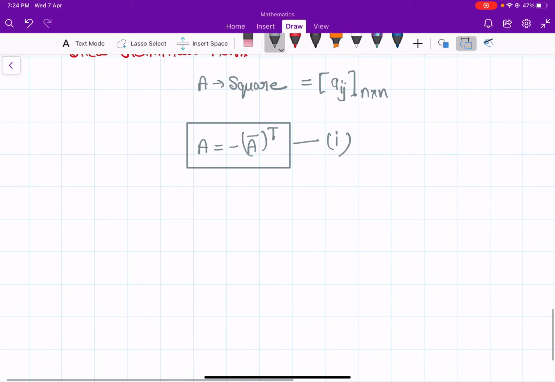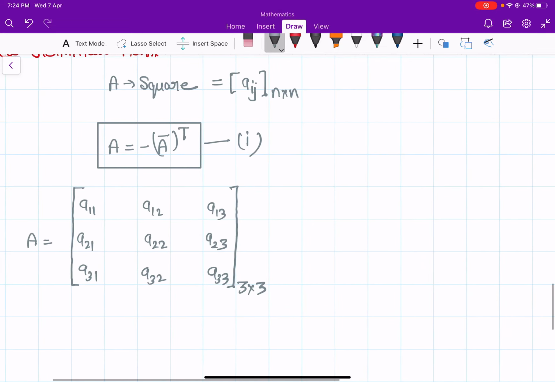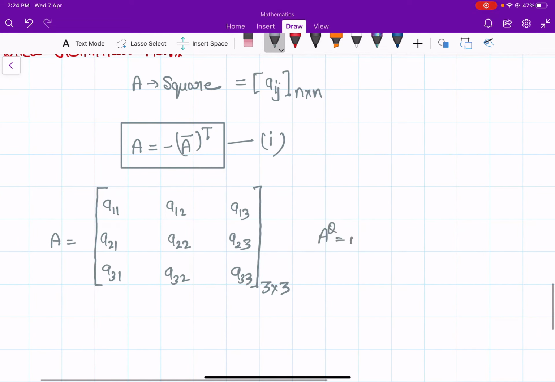So in general we can say here, suppose A is a square matrix of order 3 cross 3. So this will be A11, A12, A13, and the next one is A21, A22, A23, A31, A32, A33. So this is a square matrix of order 3 cross 3. Then its A theta, that is the transpose of the conjugate matrix, will be equal to